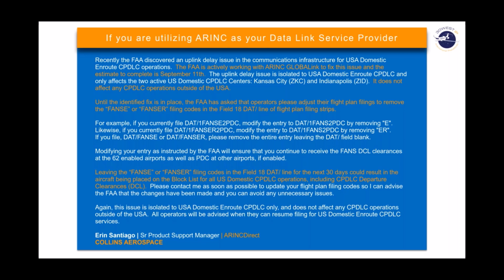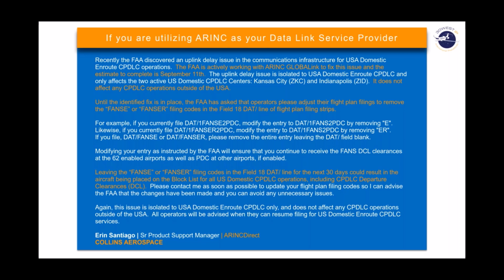If you decide to leave the FANS E or FANS ER filing codes in there, I realize it's only about a week to get this fixed. However, if you leave it in there, unfortunately, what can happen is the FAA could put you on what's called the block list. And the problem with being put on the block list is that there is only one block list for 2 services. Those 2 services being U.S. domestic enroute FANS, as well as U.S. domestic FANS for your departure clearances. So if you end up on that block list, you will also be blocked for DCL services, which, if you remove the FANS E or FANS ER filing, you will be able to continue using FANS DCL services